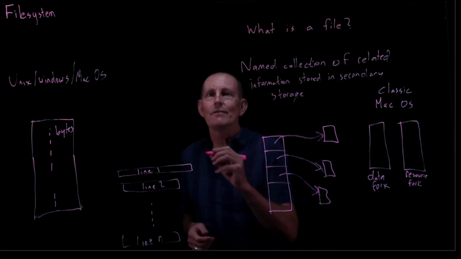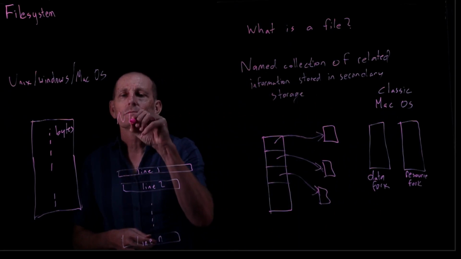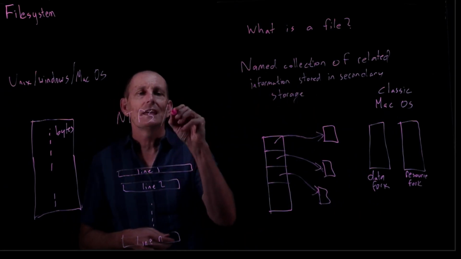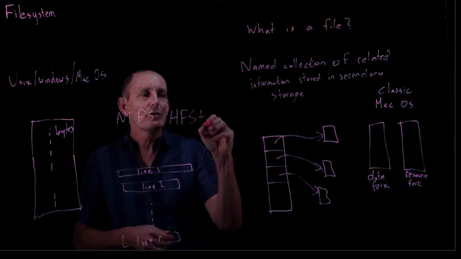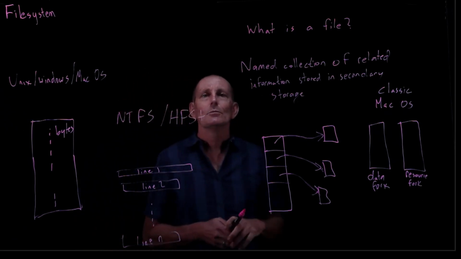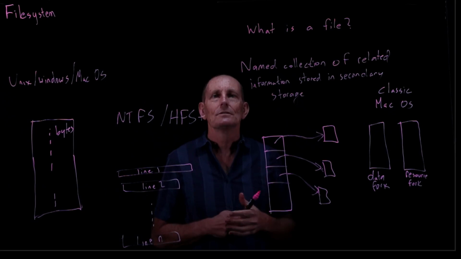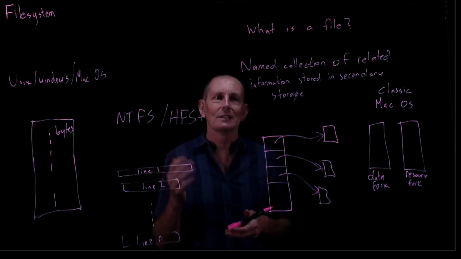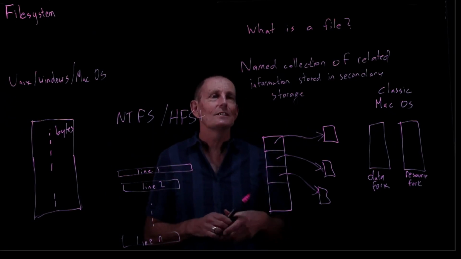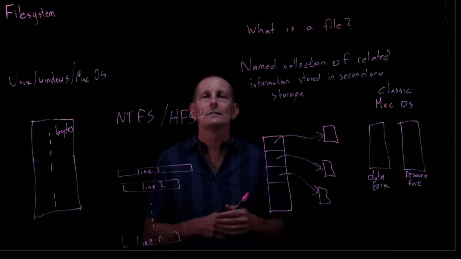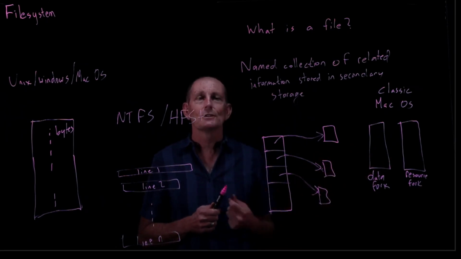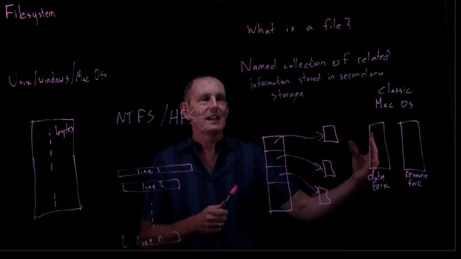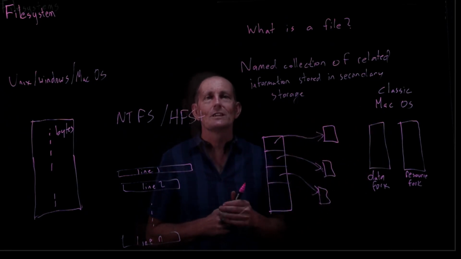Today, NTFS on Windows and HFS Plus on Mac both do still support multiple streams. But the fact is that it's not really used that much. The big reason is it's very hard to transfer files. It's confusing to try and transfer to a Unix file a file that actually has two forks of information.